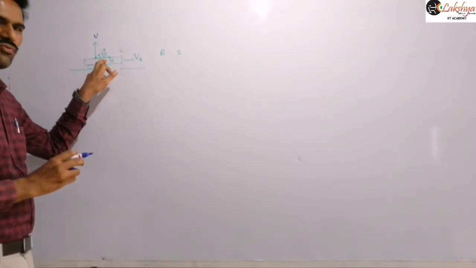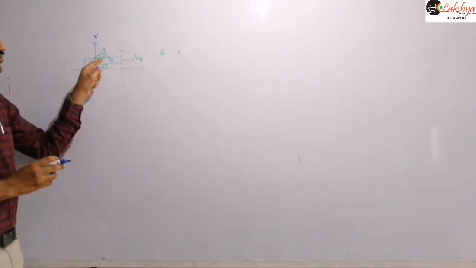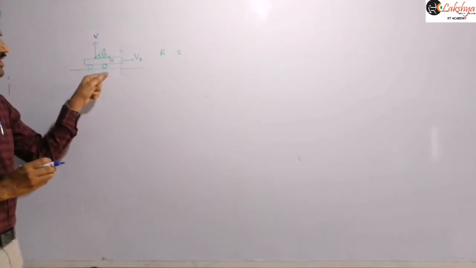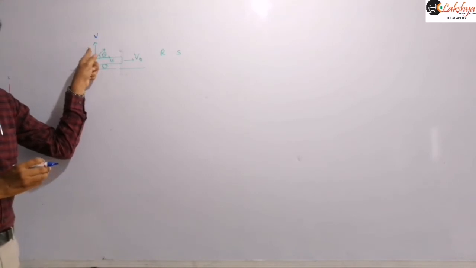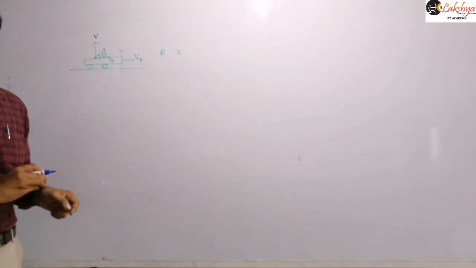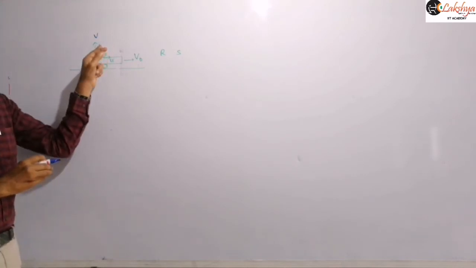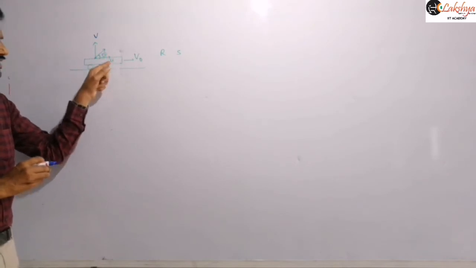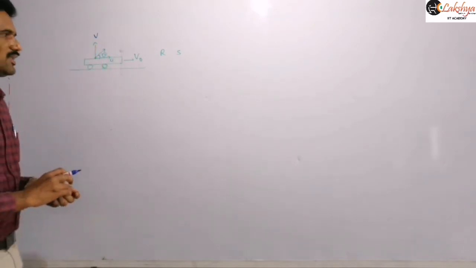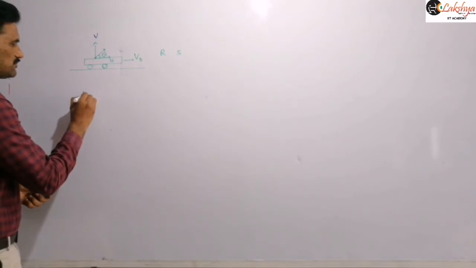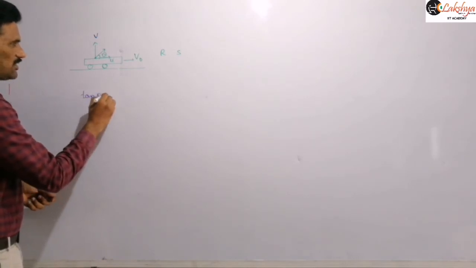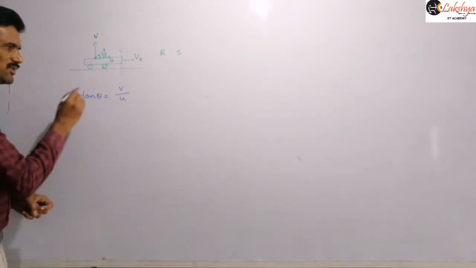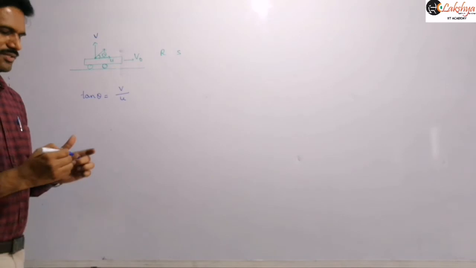The components of velocity, this V and U: note that U and V are the horizontal and vertical components of velocity of the projectile with respect to the truck. If it is given as u, we know u cos theta and u sin theta will resolve that. So those components I am taking directly as U and V, right? Then the angle of projection we can write as tan theta is equal to V by U. So this will be the angle of projection, which means this theta value we need to find.